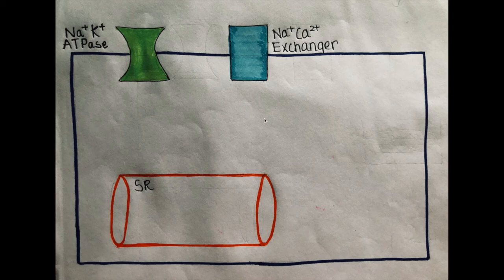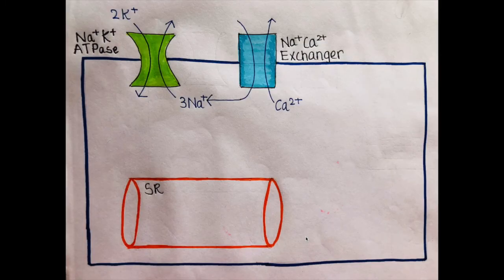Everyone knows that in contraction and relaxation, the main ion playing an important role is calcium, and the sarcoplasmic reticulum present in the cardiac cells is very rich in calcium stores. Now let's see how the ions move through these channels. Sodium potassium ATPase throws out 3 sodium ions outside the cell and brings 2 potassium ions inside the cell. And the sodium calcium exchanger gives out calcium in exchange for 3 sodium ions. So you can relate the movements of these two channels.